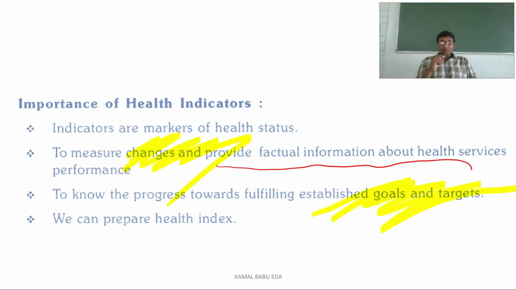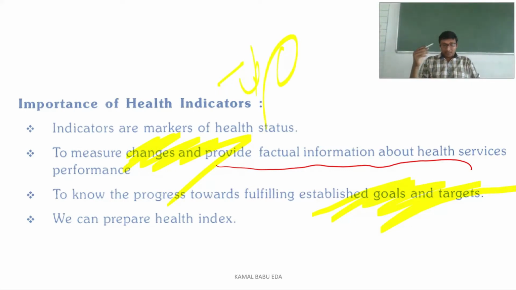For example, if you take polio, if polio cases are occurring, the health indicator is showing us that the disease rate of polio is increasing. Have the measures that we have taken to prevent this polio virus been fulfilled? No, they are not fulfilled. You know the services provided to the community are fulfilled when the polio cases have been eradicated completely. Then you understand the goal that was established, the target kept in front of the community to eradicate polio, has been achieved, by seeing the health indicator, because in the health indicator the disease rate of polio is 0.